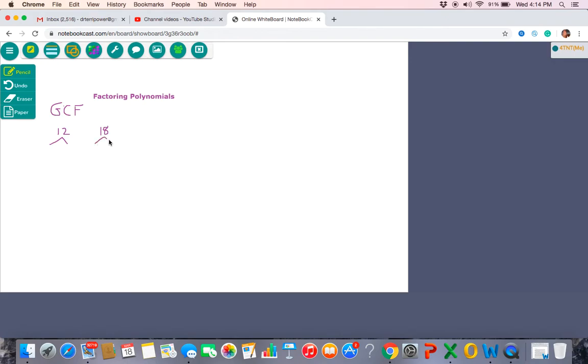So I'm going to look at the factors, and I'm going to factor out 12. So what are the factors? Well, the factors are all the numbers that we multiply together to get 12, or that we multiply together to get 18, just so you know. We're looking for common factors, or whatever numbers they share. I like to say these are roots of the number, and so obviously 12 and 1,